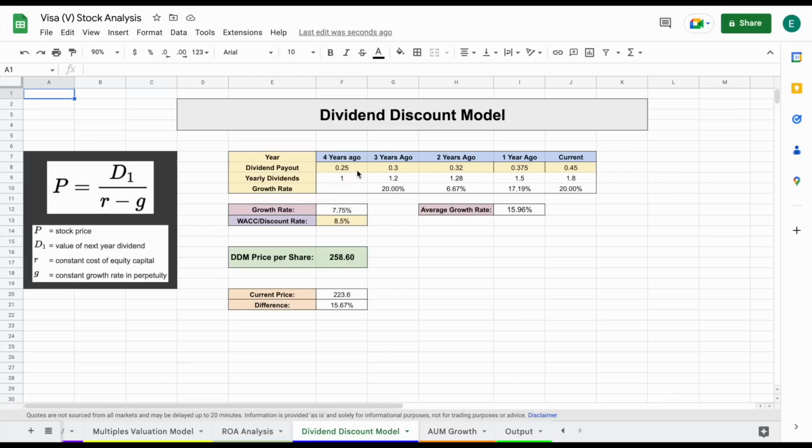And again, we can see the quarterly dividend payouts here, the yearly dividend payouts here, and more importantly, our dividend growth rates of 20, 6.6, 17.19, and 20%. So again, really good dividend growth over the past 4 or 5 years. I'm projecting a dividend growth rate of 7.75%, discount rate of 8.5%, which gives us a dividend discount model price per share of